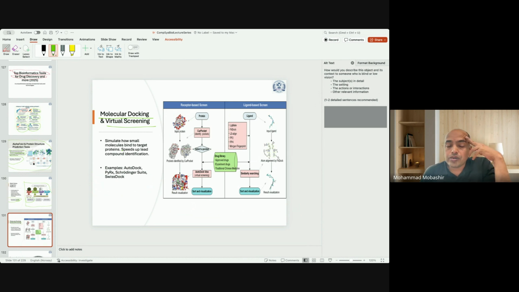So for proceeding towards molecular docking and virtual screening, I have one dedicated lecture for molecular docking, which basically presented the idea of how to develop your own software or how to use the other software and understand the basic principle behind molecular docking. And then it is virtual screening. So this overall heading, molecular docking and virtual screening,